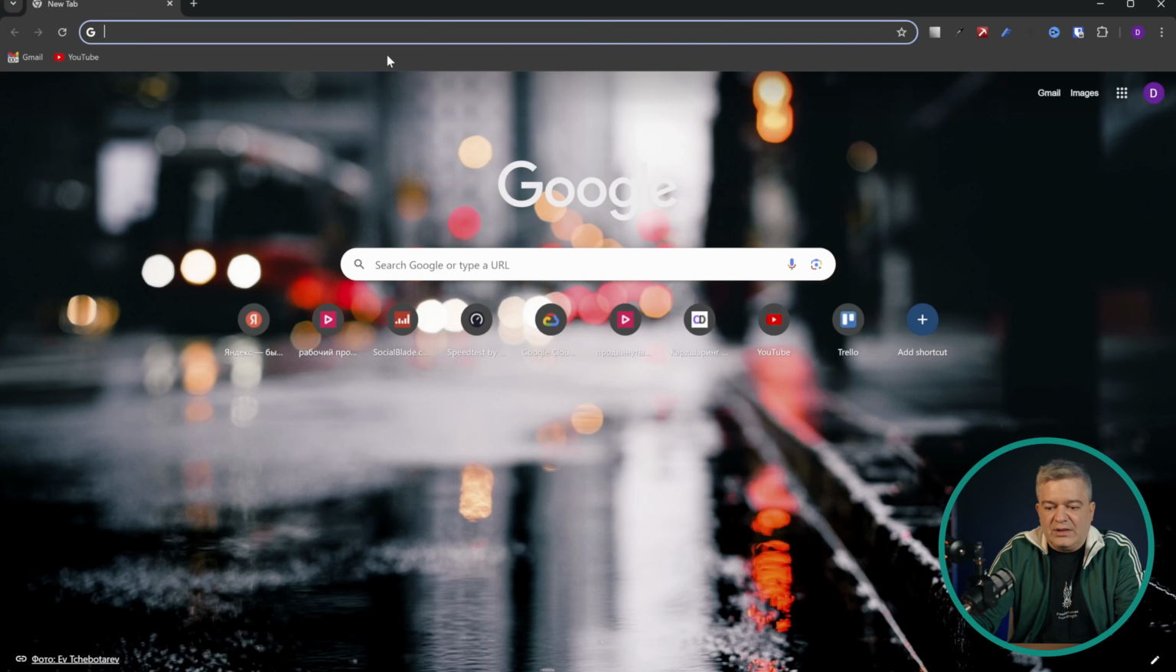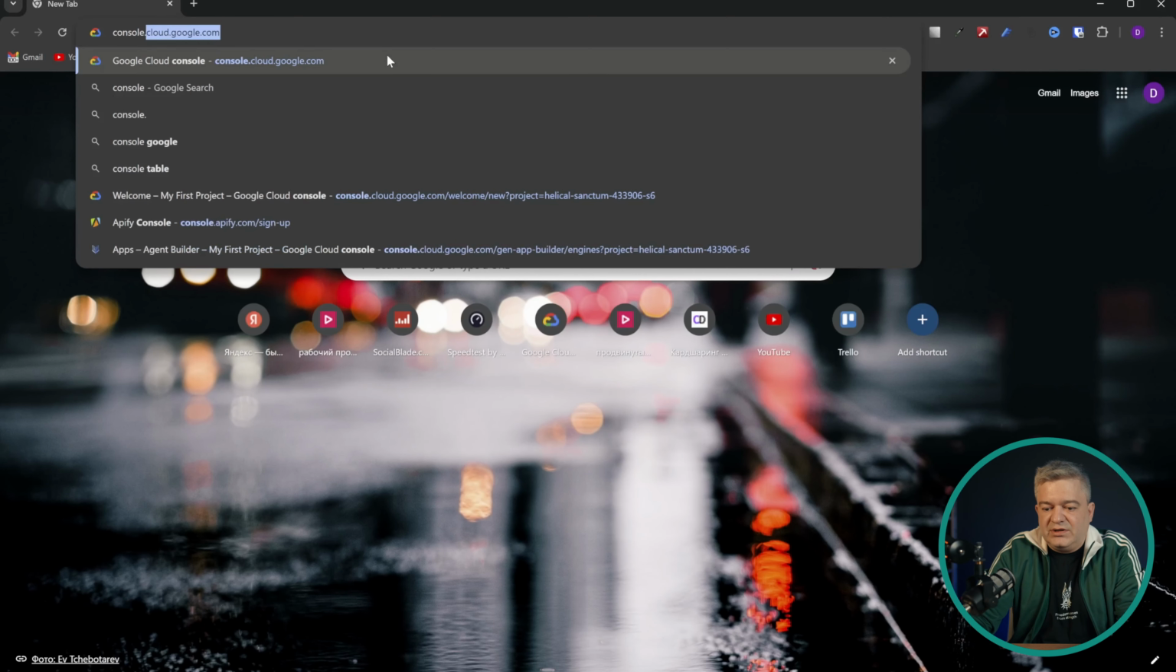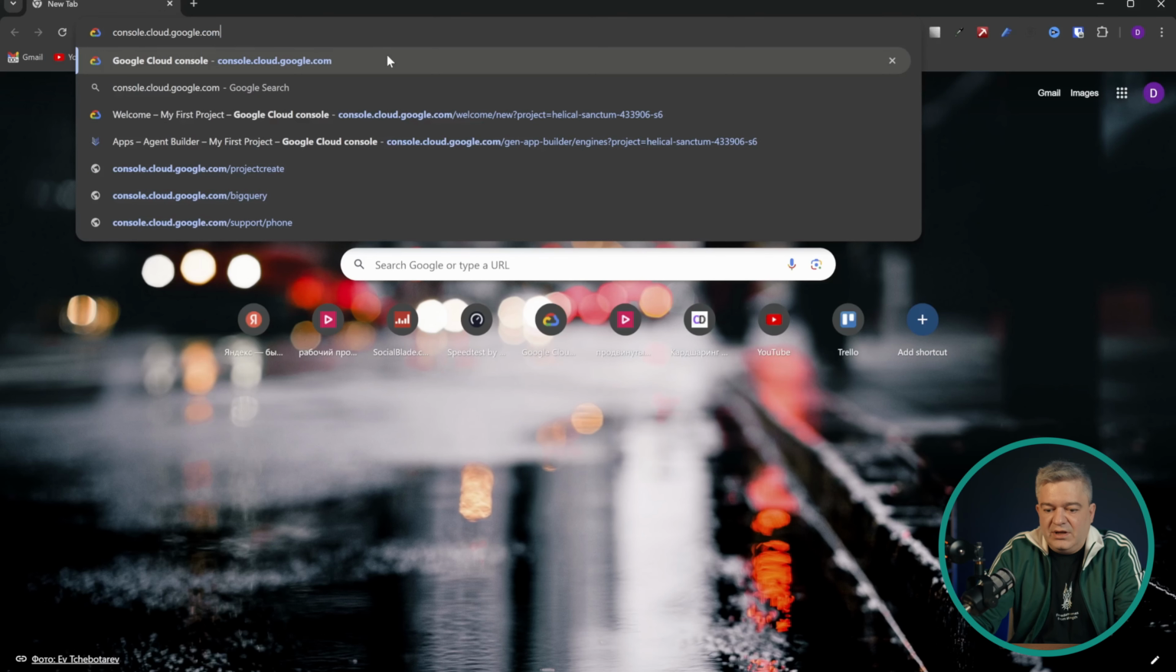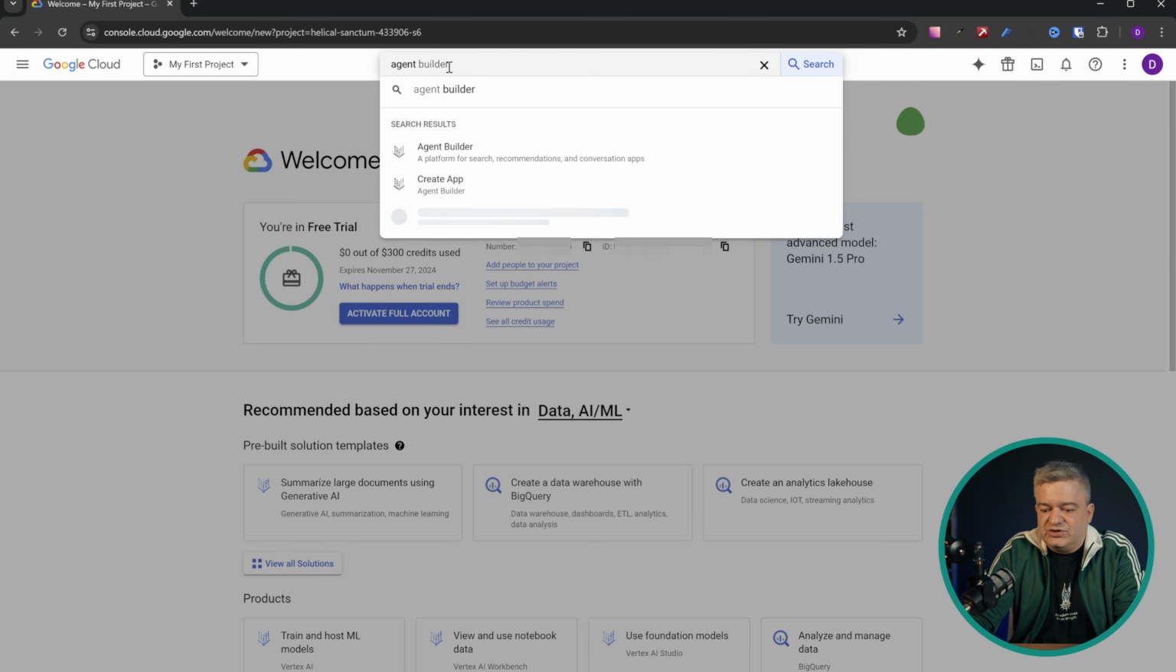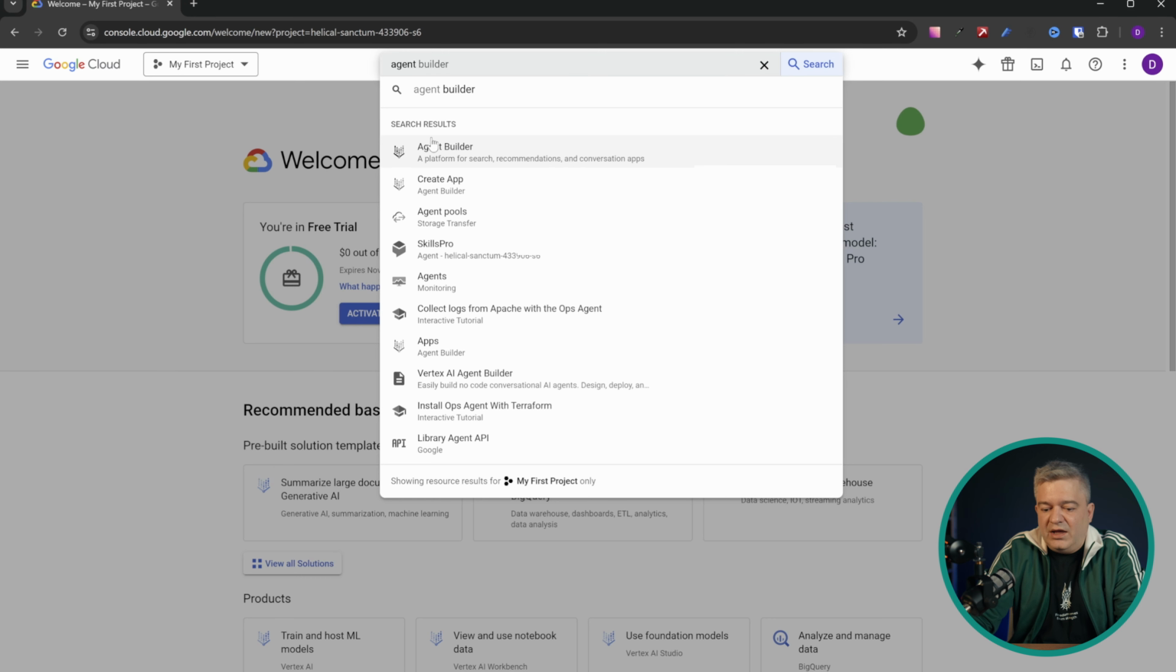We will use Google Console and Vertex AI. First, go to console.cloud.google.com. This will open up the Google Console. If you don't have a Google account yet, you'll need to sign up and add your payment information. Once that's done, type Agent in the search bar of the Google Console and select Agent Builder from the list